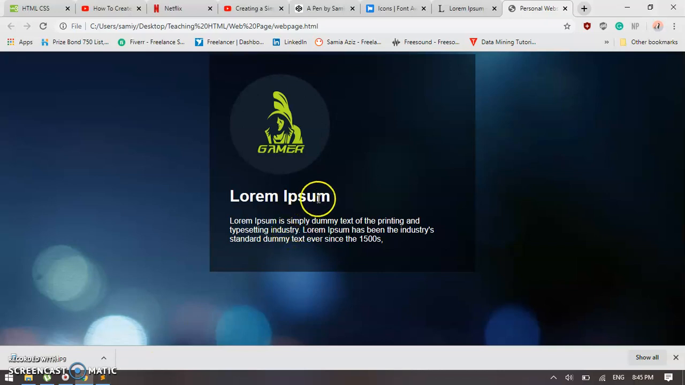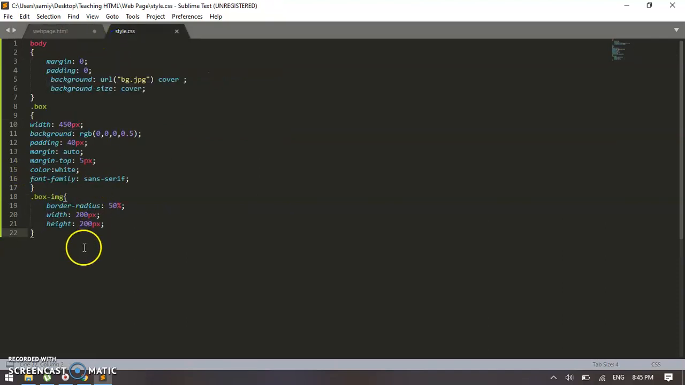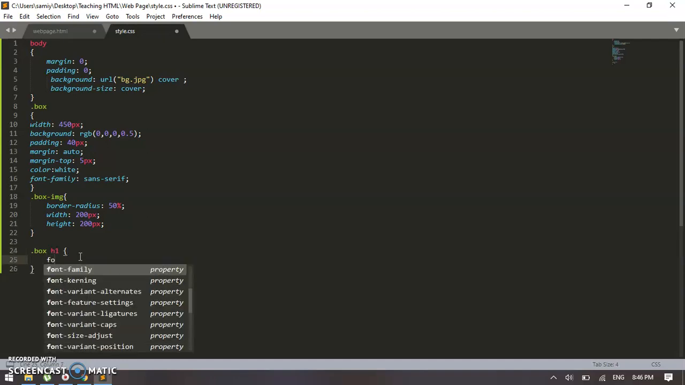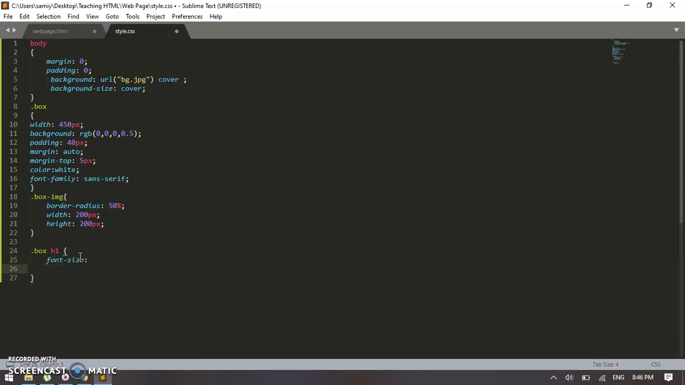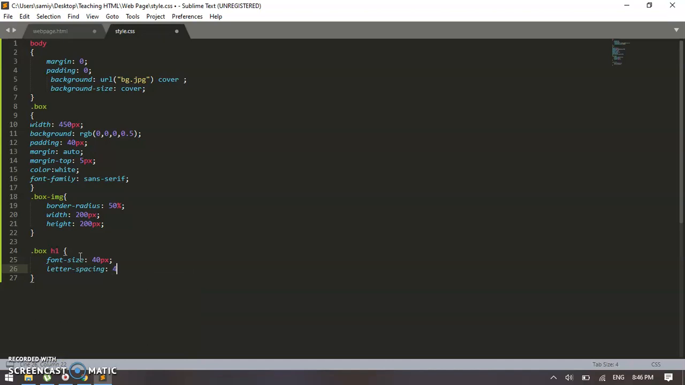let's do something with our heading 1. So it is in the div, and we have this class over here, and we can call it by its class and by its selector. So I'm gonna call it like this, like dot box. That's the class name, and in the box I want h1, the selector, to have the font size. I want font size to be 40 pixels,